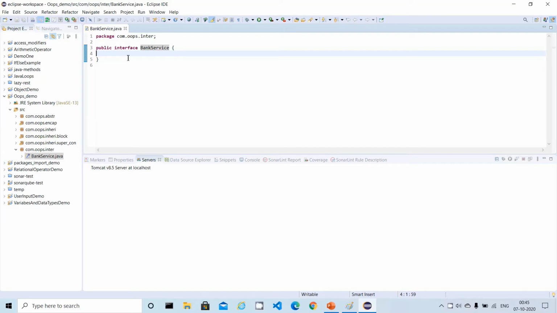So interface, this is a simple definition, and an interface should have 100% abstract methods. That means previously we have seen that an abstract class can have abstract methods as well as concrete methods, whereas in case of an interface you have to declare 100% abstract methods only. You cannot provide any implementation, right? So first let me define some of the abstract methods. So I'm going to define void